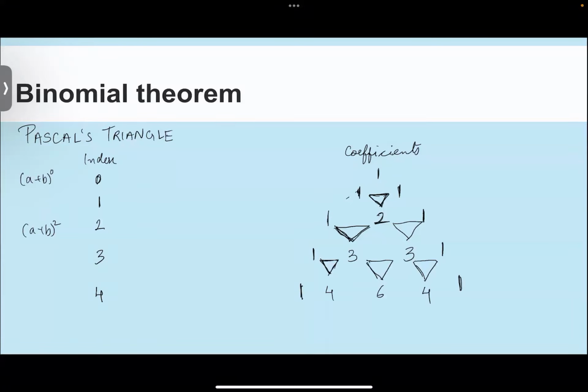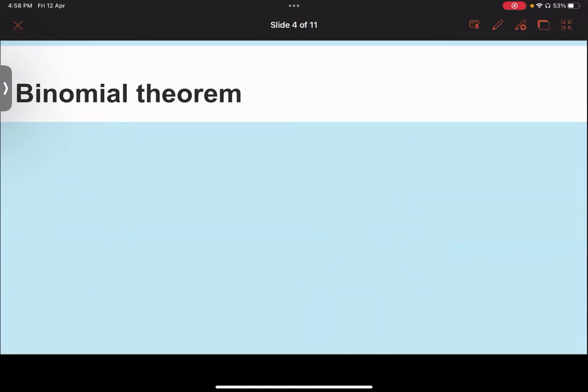So this was what we had seen, that this is an example of Pascal's triangle. And using Pascal's triangle, we found the coefficients of higher indices also. But where is the limitation? The limitation of Pascal's triangle. While it's easy for us to create the triangle all the way up to the index that we want to find the expansion of,